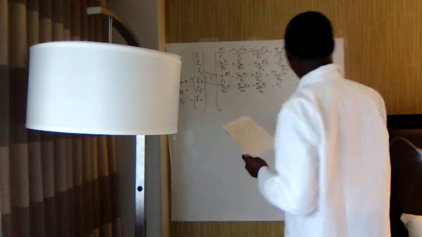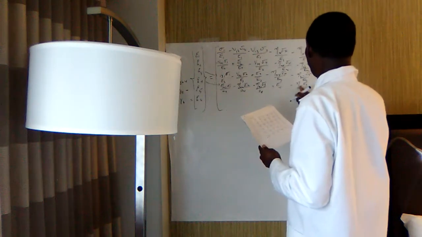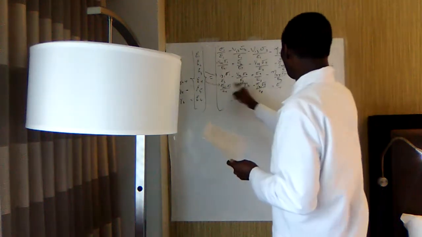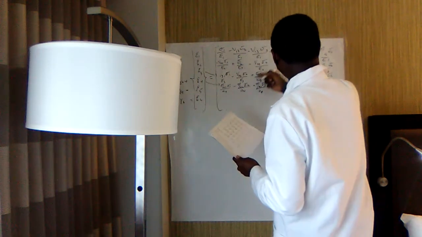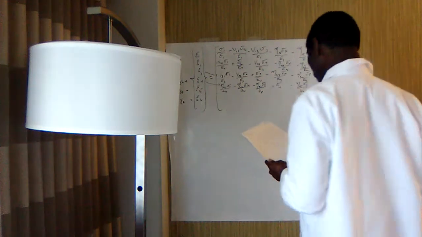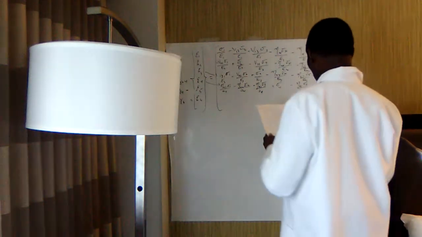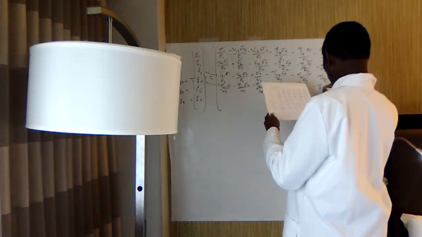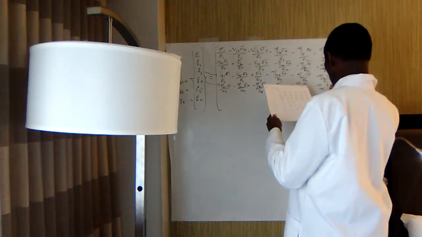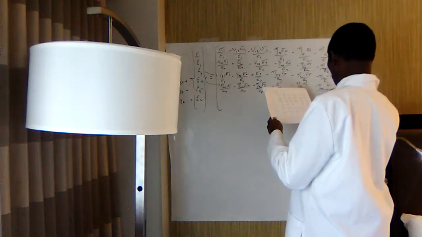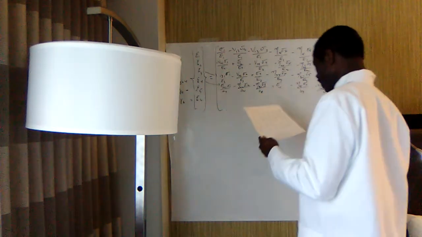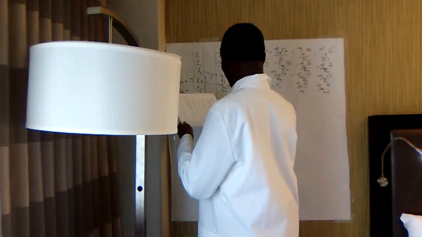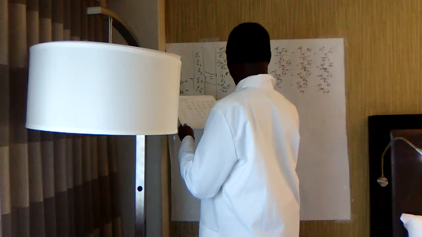Pardon me if I don't put in the commas here. This is like the 4th row and the 5th column. If you count this way, you get 5: 1, 2, 3, 4, 5. Count this way, you get 4. It represents 4, 5, which is the 4th row and 5th column. And this would be 4, 6, sigma 6 over G4. And so on until you get the 6th one here, which would be minus 6, 1 over